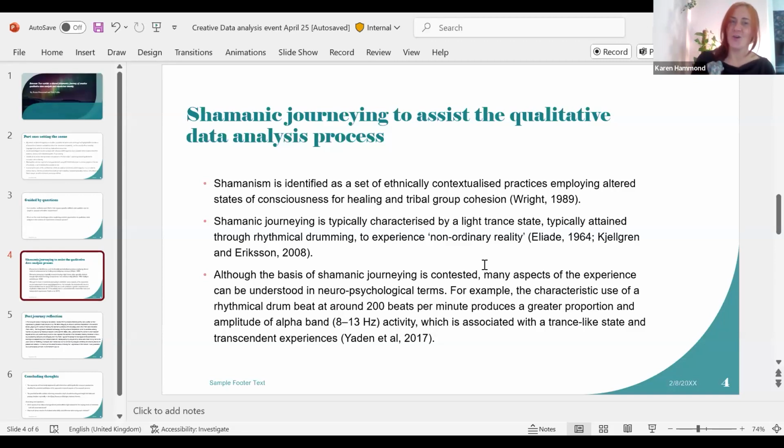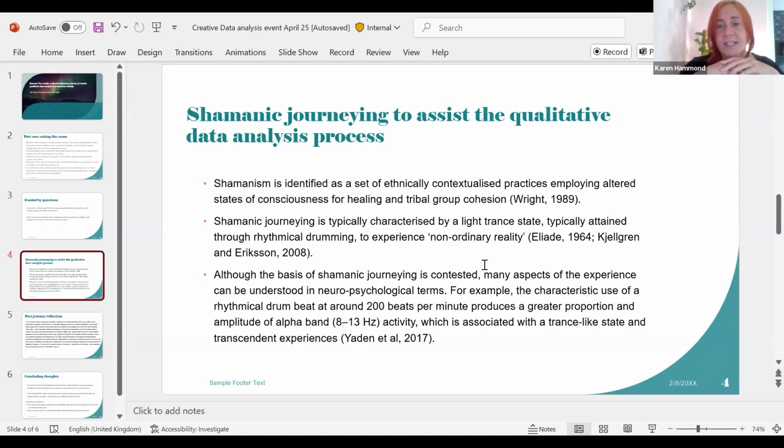So shamanic journey, and some of you might know what that is. It might be kind of new and sound really out there to a lot of you. And I know that from talking about this chapter to my colleagues. It seems like something that's really fantastical and interesting to a lot of people. But essentially, there are many different ways that you can understand it. Some people see it as a spiritual practice, and it can also be understood in terms of a more neuropsychological framework as well.